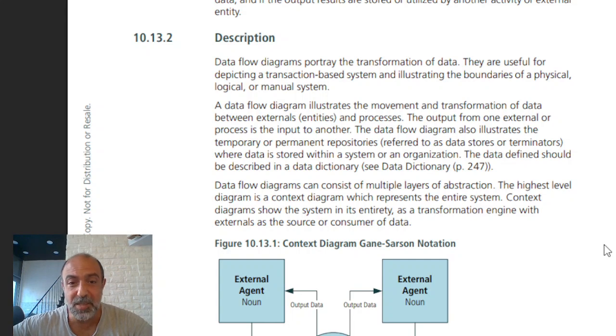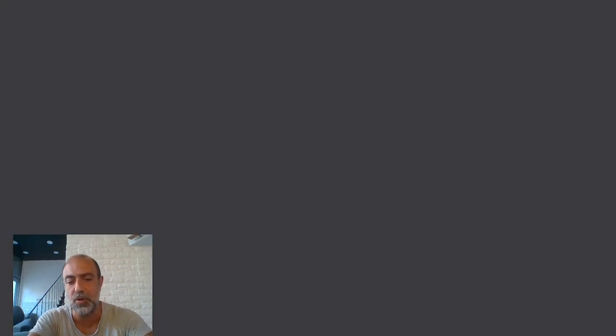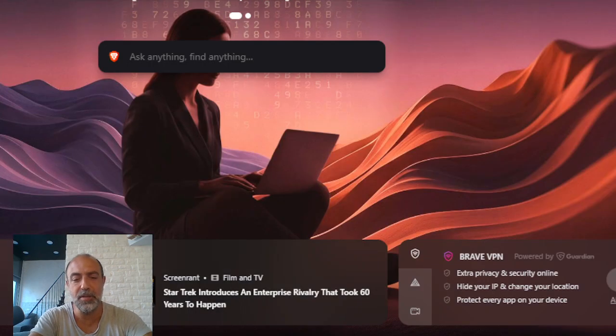It also illustrates the temporary or permanent repositories referred to as data stores or terminators, where data is stored within the system or an organization. The data defined should be described in a data dictionary. See data dictionary, page 247. We just saw that. Okay, systems